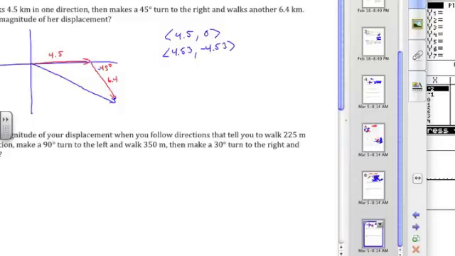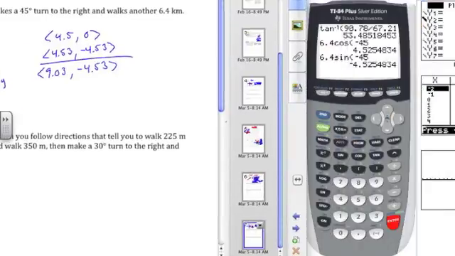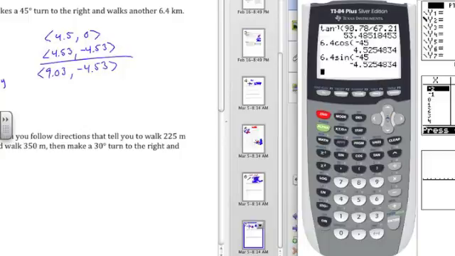Which is kind of nice, because if you take a look at this x coordinate and this y coordinate, you can see that the x is positive, but y is negative. So it's kind of nice if I use the negative 45. So now I add them. So I get 9.03 and negative 4.53. So the magnitude is going to be the Pythagorean theorem on these. So second square root 9.03 squared